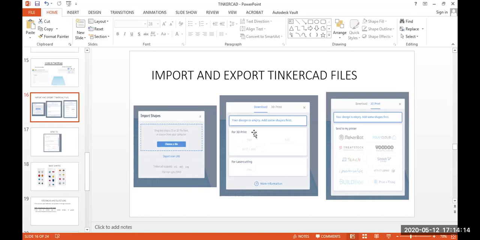What is the purpose of Google Classroom? Google Classroom is actually used for communication. I can easily communicate with all of you, because this is a group. With the help of Google Classroom, I can communicate very easily.